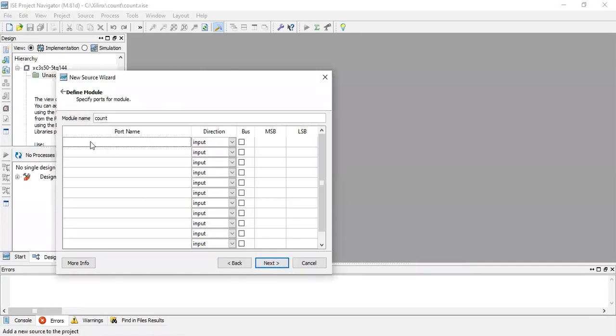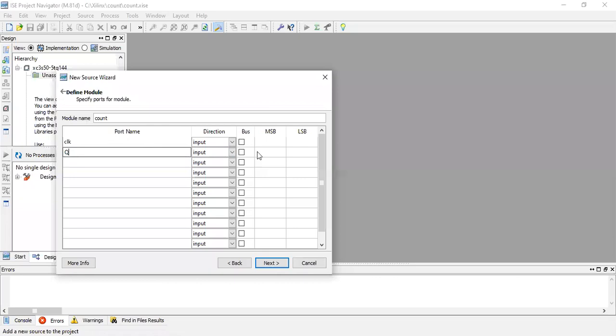Now what are the input and output of the counter? What we have seen is a binary synchronous counter, so it is with respect to the positive edge of the clock. The first flip-flop had a positive edge of the clock. I showed using clock pulse 1, but it is actually a clock pulse. So we will be having input as clock, and the output is Q. What is the size of Q?